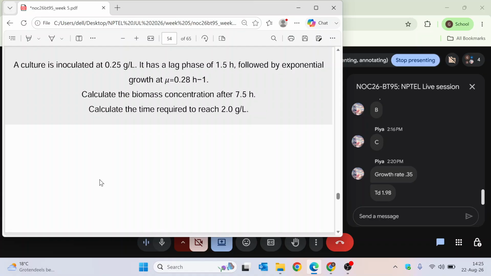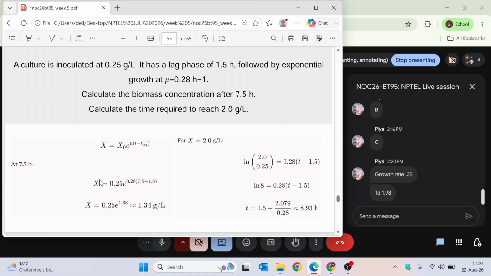Next question is, a culture is inoculated at 0.25 gram per liter. It has a lag phase of 1.5 hours followed by exponential growth at mu equal to 0.28 per hour. After 7.5 hours, what will be the biomass concentration and how much time will it take to reach 2 gram per liter? This is very simple, but one thing that you have to have in mind is your time is going to be